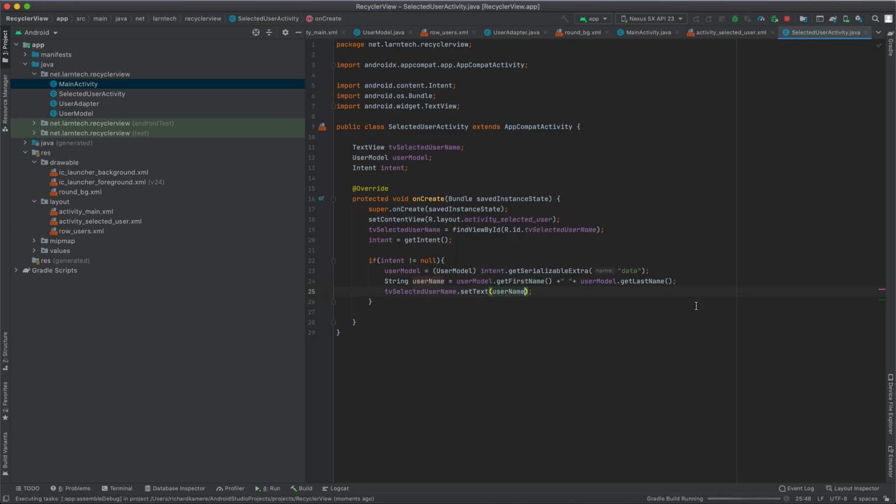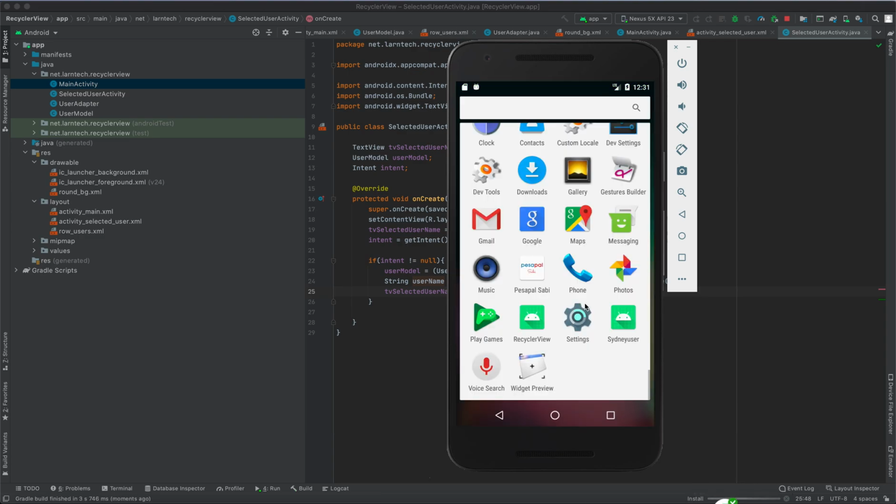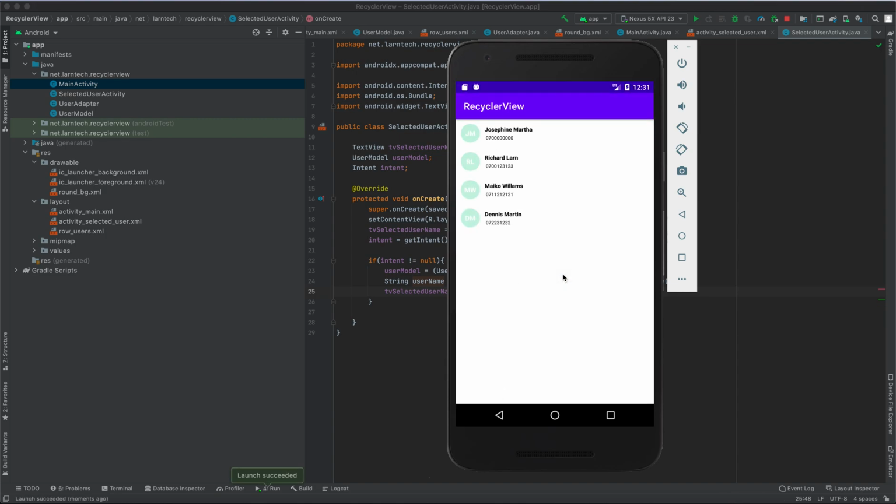Let's run our code again. So if I click this one, we have just been shown. If I click this one,